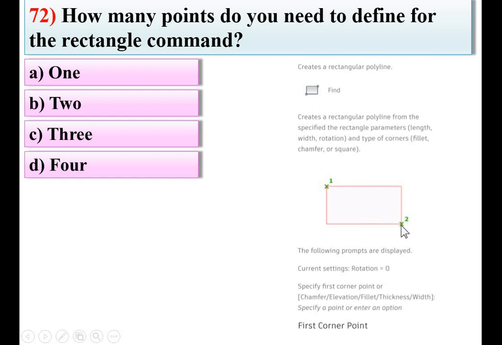Here you can see 1 and 2. This command will ask you to specify the first corner point and specify the second corner point, and so you will get the rectangle. So for the rectangle command 2 points need to be defined. So B is the right answer.